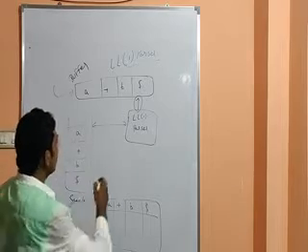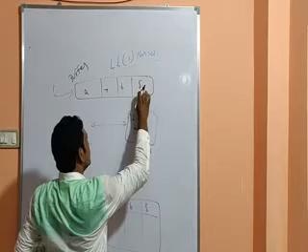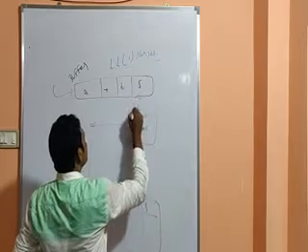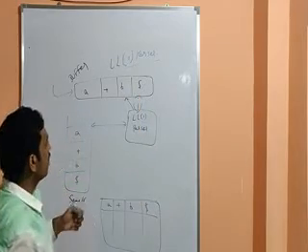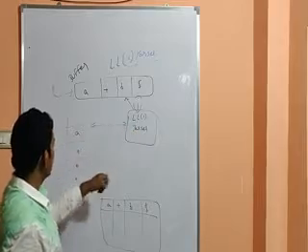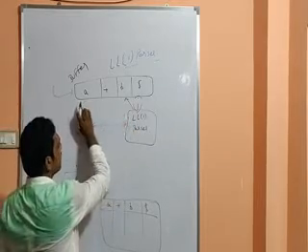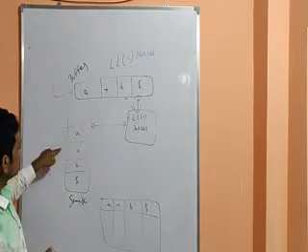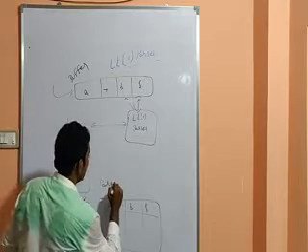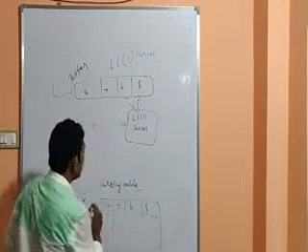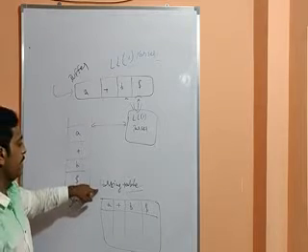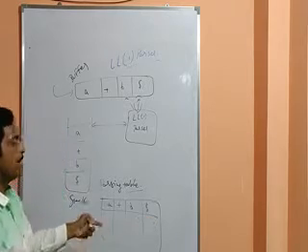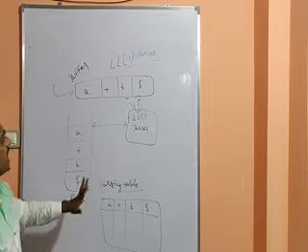First the pointer points to the $ symbol, and the $ moves to the stack. After the $ has moved to the stack, the pointer changes its position from $ to small b. Then small b moves to the LL1 parser and then to the stack. In the same manner, till the end of our grammar, the pointer keeps on changing its position. After the data comes to the stack, the parsing table will be generated. For generating the parsing table, whatever input we have will be taken as values and that table will be constructed. This is the general architecture of the LL1 parser.